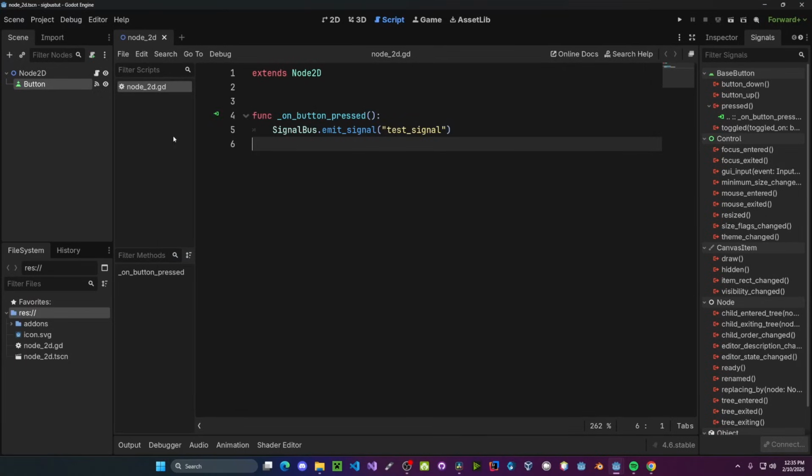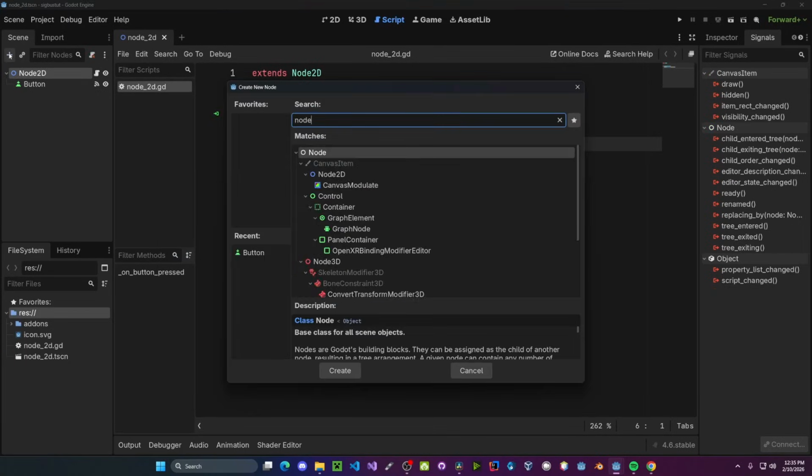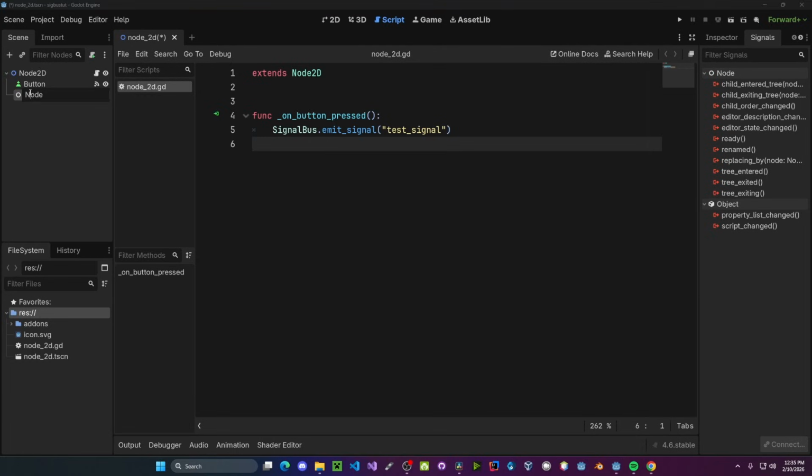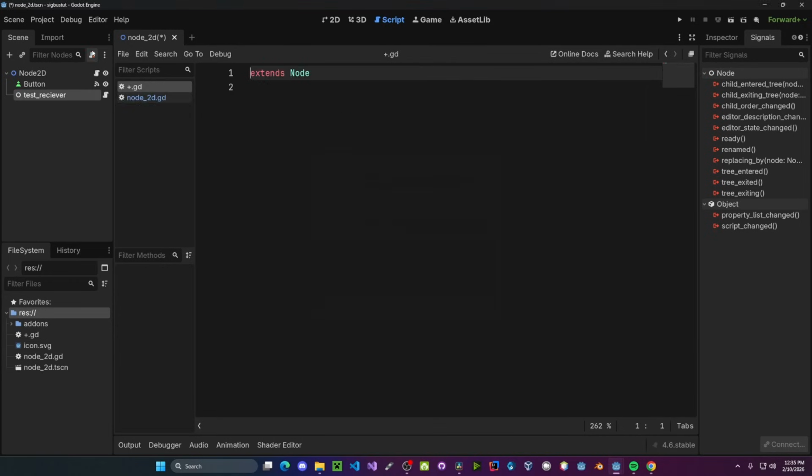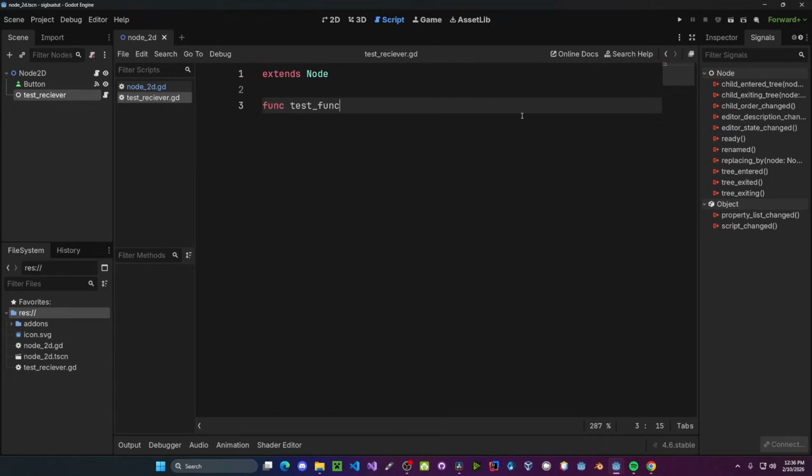Now we need something to receive the signal, so I'm going to create a new node. Going to call it test receiver. Going to create a new script. Here, I'm going to create a new function. Let's call it test function. Now let's go and print out